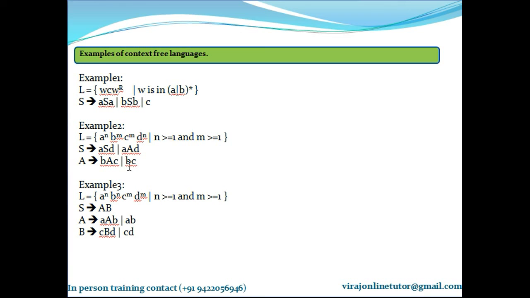That's why A derives BC. And for multiple repetitions of BC, I have A in between them. So you can keep on substituting A with BAC if BC are repeated many times. And the final A at the center, you can replace it with BC at the last iteration. Same goes with A and D. So B raised to M and C raised to M, for this particular expression I had written this rule, right? For that I wrote the entire thing. So you can label A for this particular sub expression.